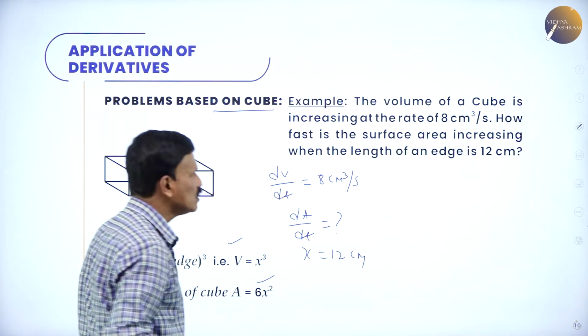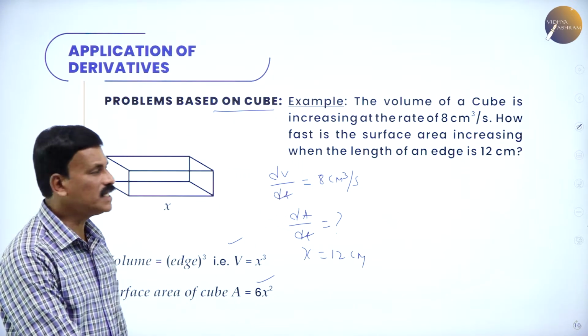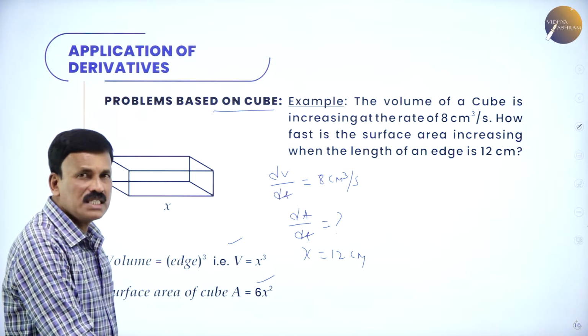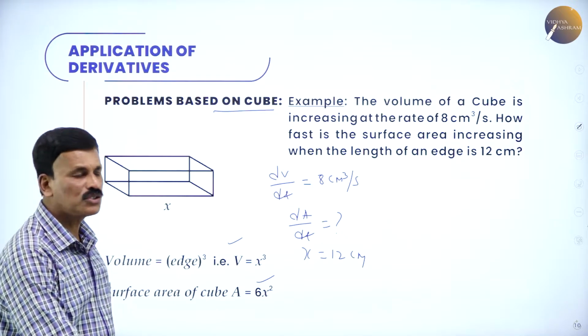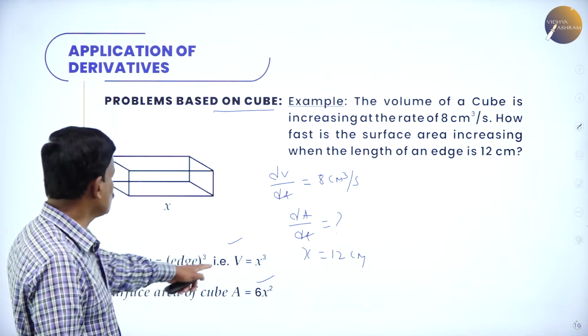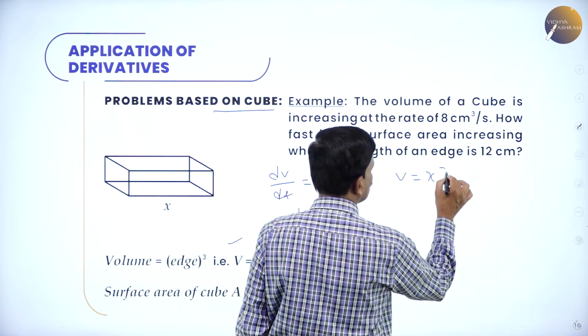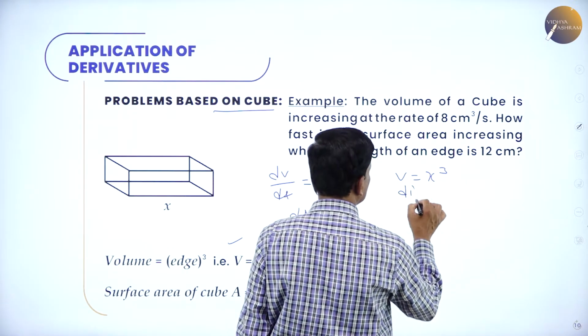This is the question. So what is given? dV by dt is equal to 8 centimeter cube per second. What is required to find is dA by dt when x is equal to 12 centimeters. Now let us use the volume first. Volume of the cube is given by V is equal to x cube, differentiating with respect to t,